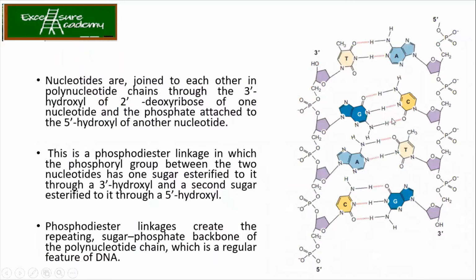So this is how your DNA double helix is formed. Whatever we have just now discussed, the bond formation between the sugar and the base, then the bond formed between the sugar and the phosphate, it has been discussed over here. So this is how the structure looks. In the DNA, we know that it is going from here to here, 5' to 3', and in this case, it is from here. So these are very basics.